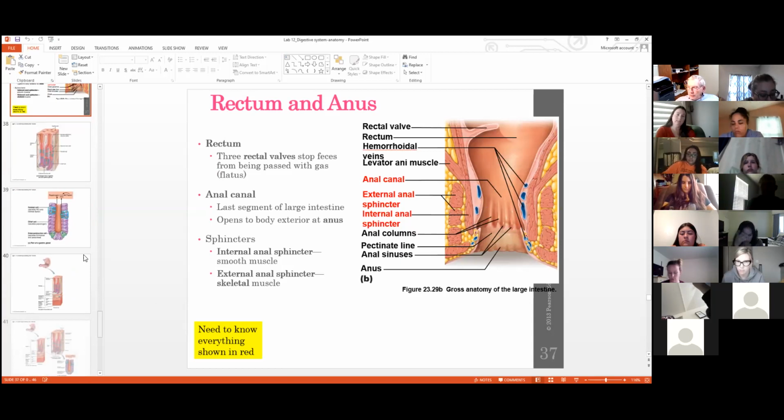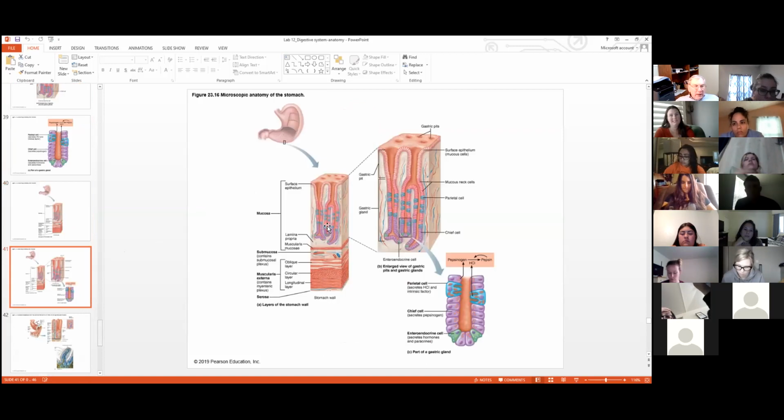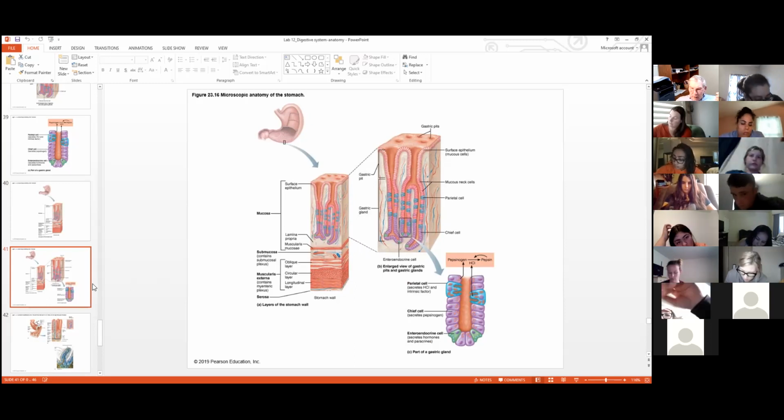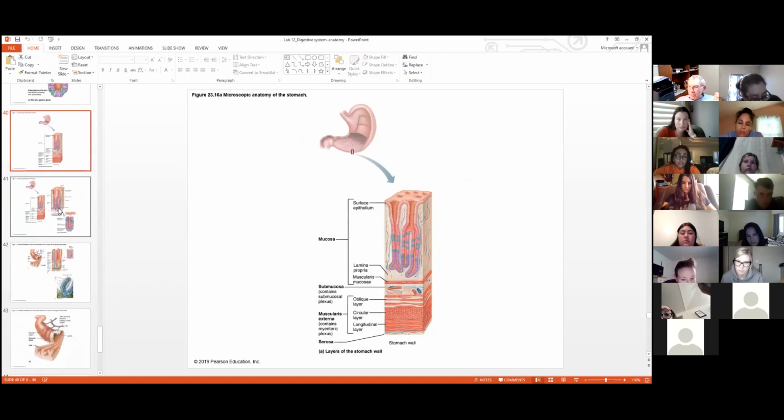40 through 42, just being able to recognize that this is gastric lining in a drawing. These are gastric pits. This is the muscle tissue, and probably we have a blow up somewhere, but submucosa is going to be right down here in this area. So be sure you can recognize mucosa, and this is, of course, mucosa, but recognize submucosa in the gastric